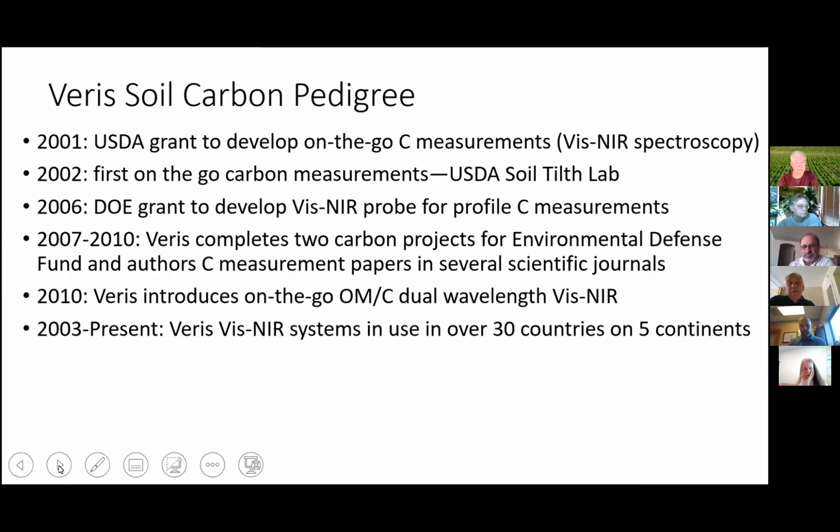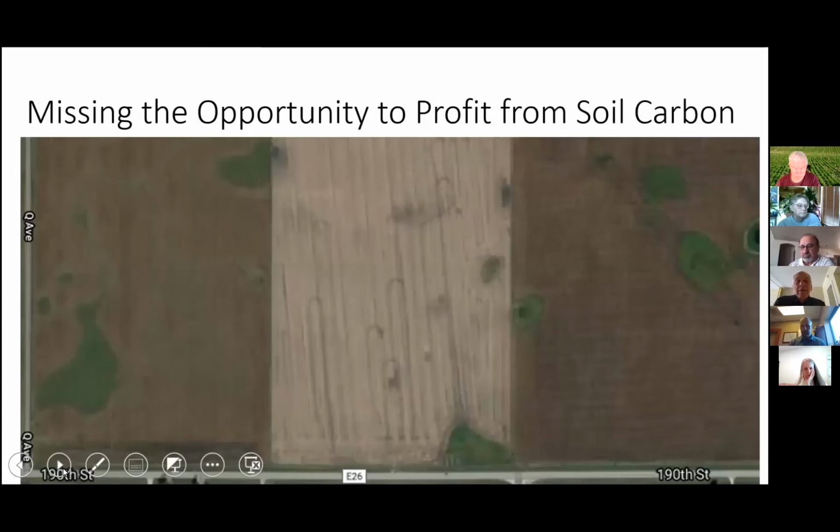And so now we have these units. Our equipment is in over 50 countries in total, but these vis-NIR systems are in use in over 30 countries on 5 continents. So if we think about agriculture missing the opportunity to contribute to greenhouse gas reduction and to profit from it,